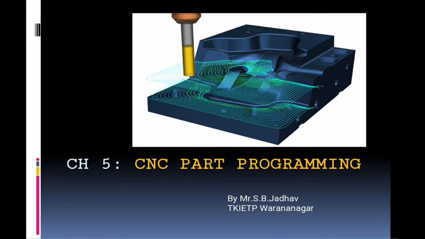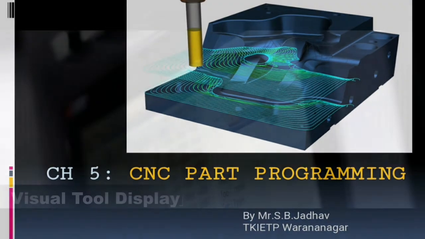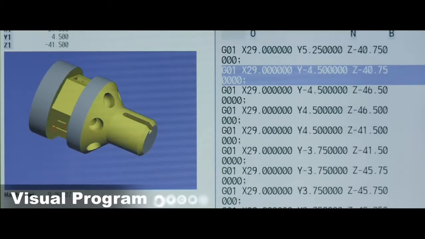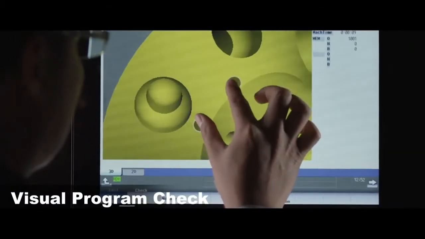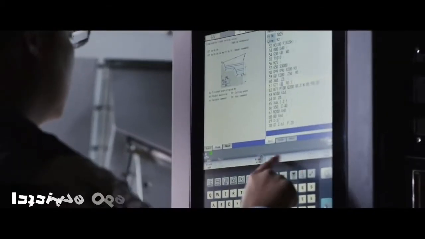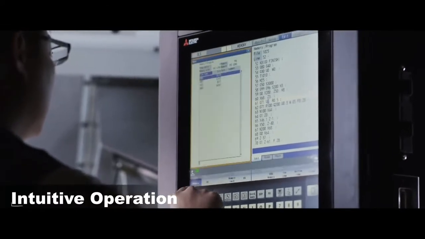In this video, I am going to discuss types, methods and application of a part programming for CNC machine. So let's get started. For any automatic action taking place in CNC machine requires part program to be fed in the computer of the machine.